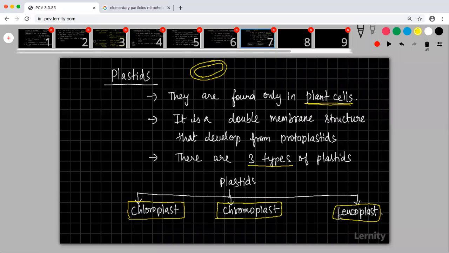Okay, someone is asking me, sir, I saw a word called de novo in the textbook. What is that? The word de novo means from the beginning. I think it will be coming under some synthesis part, synthesis of some organelle. Right from the beginning, we can use the word de novo.